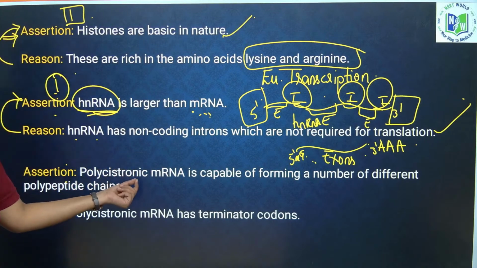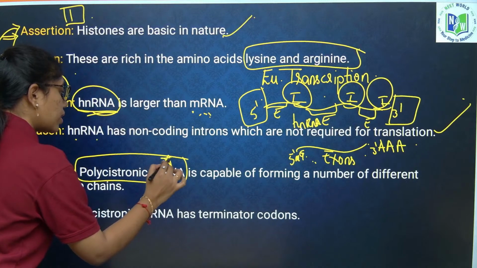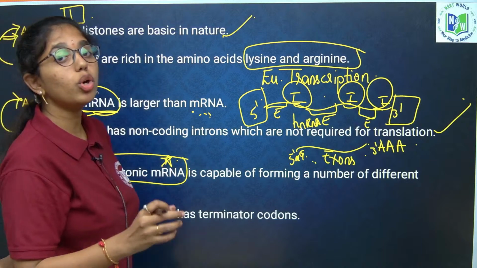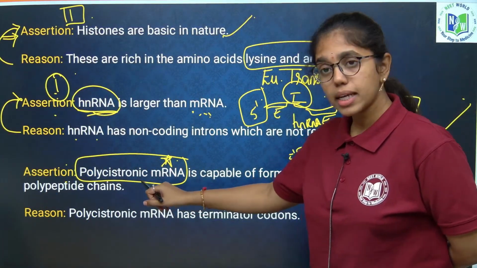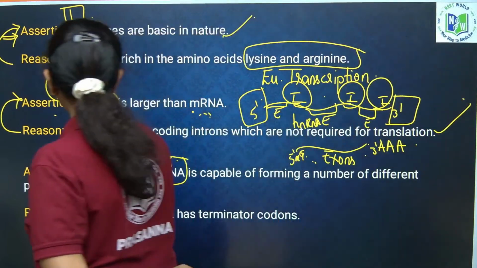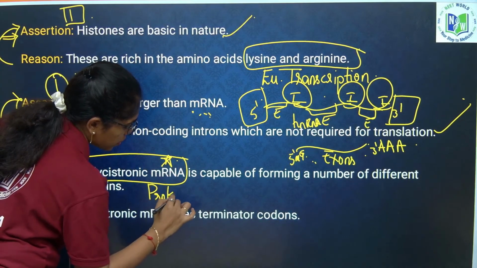Here you see the next question. It is about polycistronic mRNA. Many times the question is asked with respect to this point. You have to know what polycistronic mRNA is. Is polycistronic mRNA seen in prokaryotes or eukaryotes? It is seen in prokaryotes,